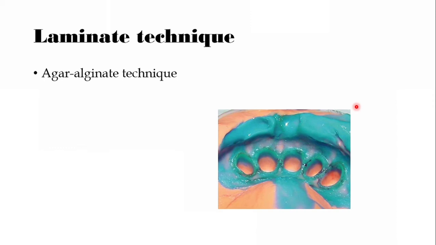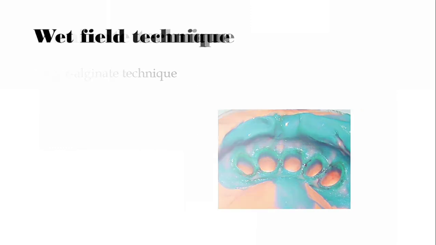Now, there is something else also called the wash field technique, in which the area to be recorded, you're going to just flush it with warm water, and then you're going to take the impression with the agar material. So, what happens is, the surface is warm, so it allows the agar to flow more. It will go nicely into all those details and record them. Now, again, disinfection is done by using iodophor, bleach or glutaraldehyde.